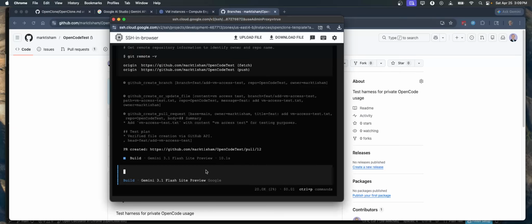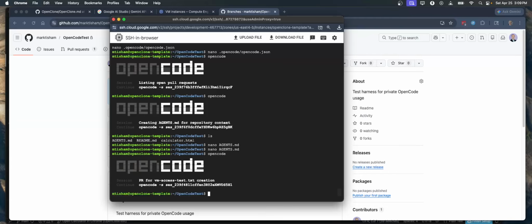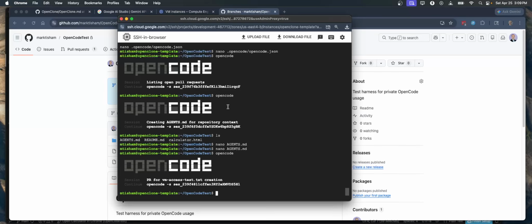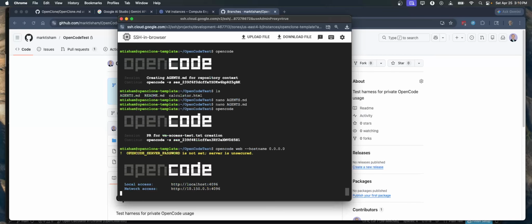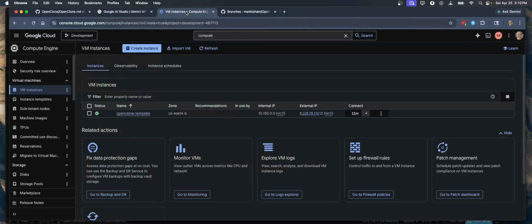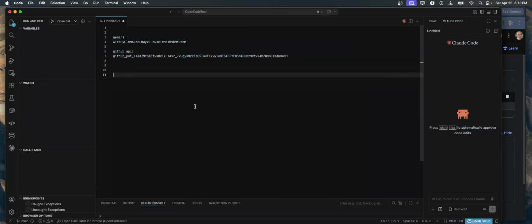So now I'm going to exit out of this. We're getting pretty close to getting the VM where we want it to. I wanted to go on a little tangent here and just show how we can access this remotely. So if you run OpenCode Web, it will actually put OpenCode into web server mode. And now if we get the IP address of that template we had here, which we'll copy here, let's put it in our document and go to 4096, which is the port we just opened,